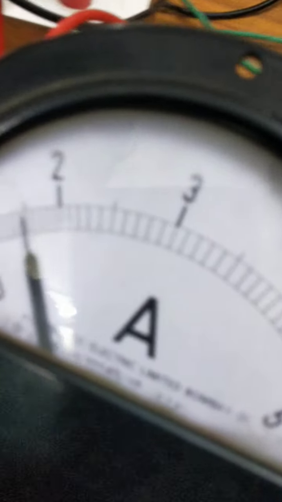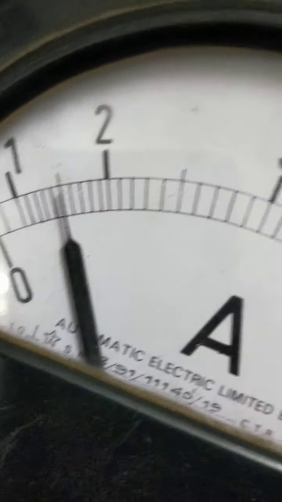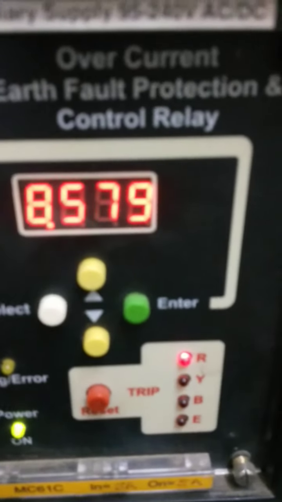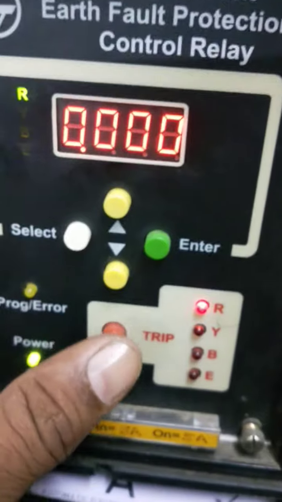The first reading is 1.5 ampere. It is 1.5 ampere now. Okay, and timer is still on, no issue. Okay, and the relay has operated due to some value. Okay, not to worry, but what we will do, we shall reset the relay. हमने करंट सेट कर लिया है 1.5. Okay, now we shall turn it off. After turn it off, we shall reset the relay over there.